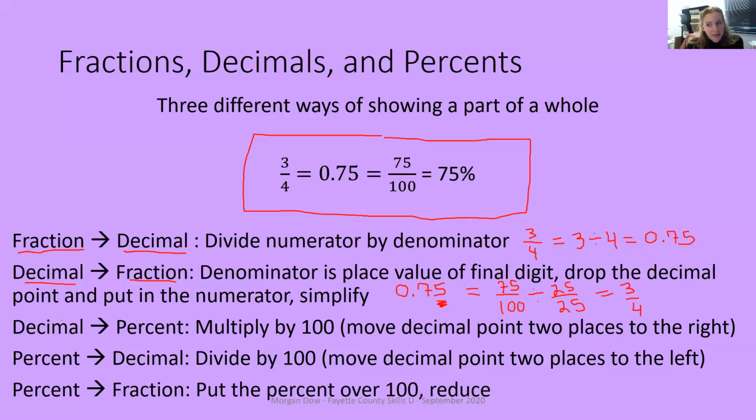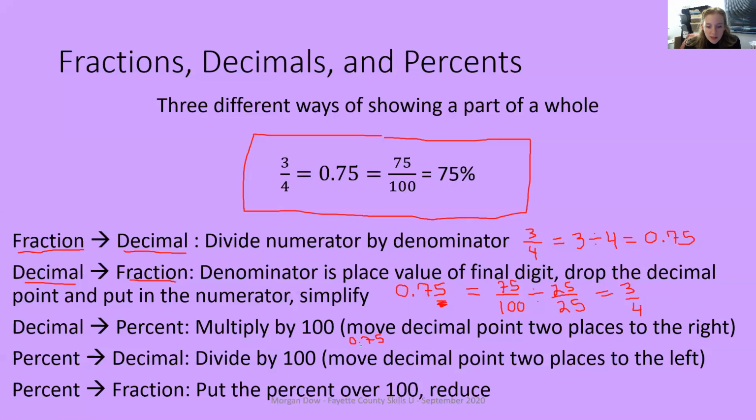Now, let's talk about percents. So keep in mind here as we talk through working with percents that a percent is really just a fraction. It's really just a special fraction where the denominator is 100. So to take a decimal and turn it into a percent, what do we do? We multiply by 100. And a little shortcut for doing that is moving the decimal point 2 places to the right. So anytime you multiply something by 100, you are just moving that decimal point over 2 places to the right. If I have the number 0.75, and I want to write that as a percent,